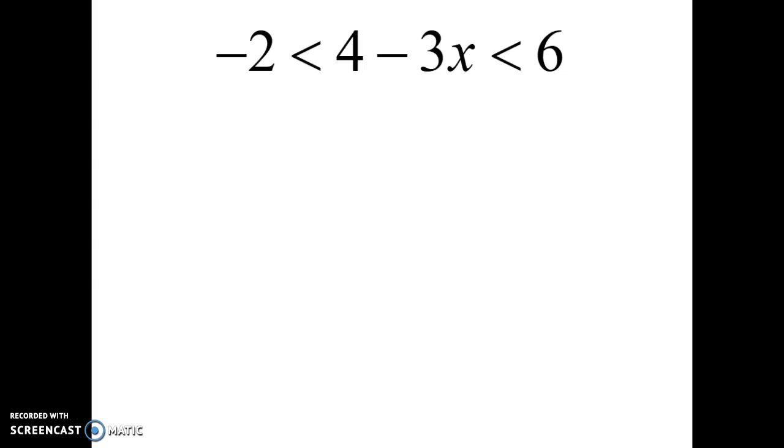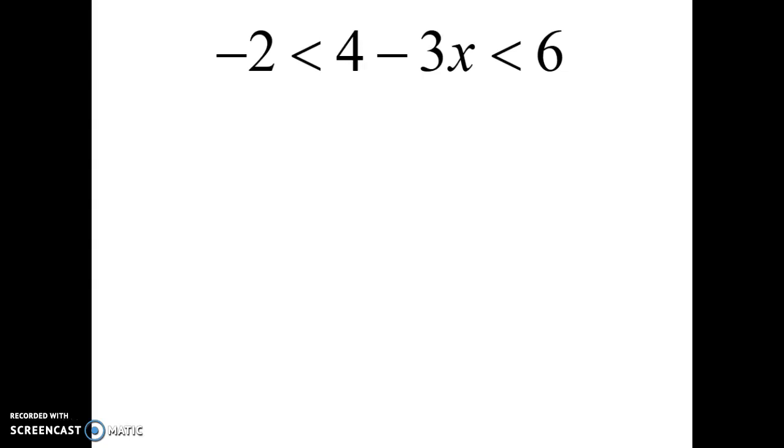Okay, for the simple first, it looks a lot different than the ones we were looking at yesterday. Rather than two separate statements of inequalities, we have one with a common x in the middle. So to solve this, it's pretty straightforward. You're going to solve it like an equation you would, but this time you're going to do it in 3 spots versus just 2 for a normal equation. Because we have 2 different inequalities, whatever you do to one side, you have to do to all 3